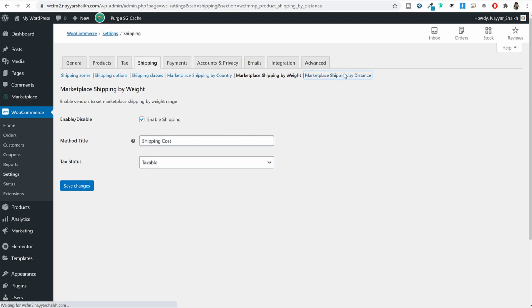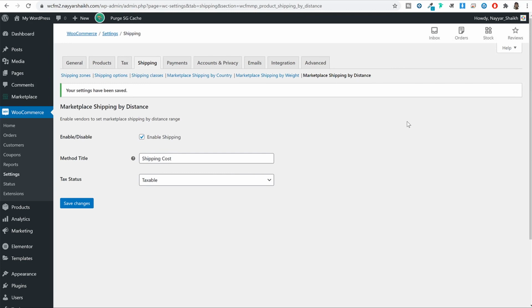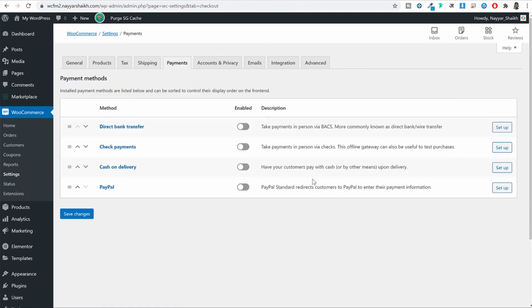Then shipping distance, shipping cost by distance. Also make sure this is enabled so that they can charge different shipping price if they are shipping this product to a long distance customer. Now click on payments. Now here you have to select all the type of payments that you want to accept on your